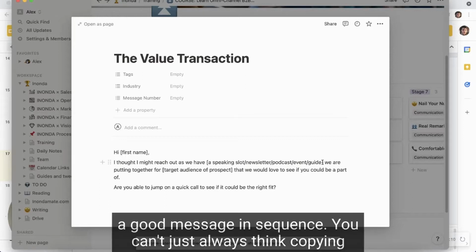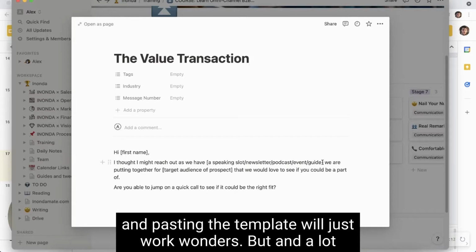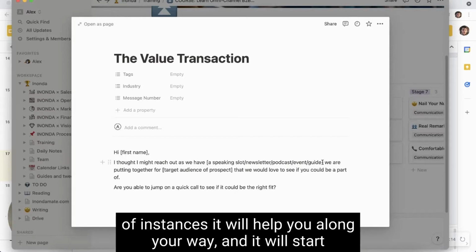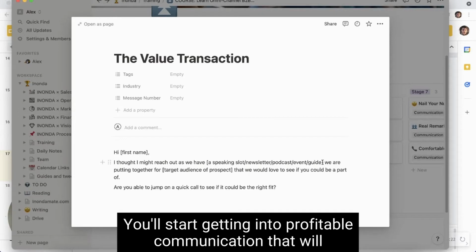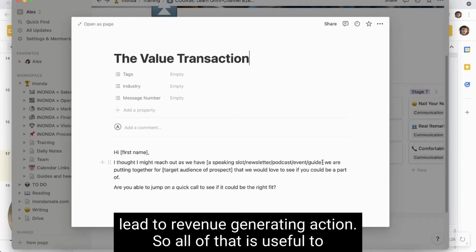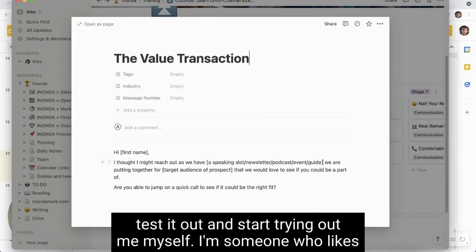You can't just always think copying and pasting a template will work wonders. But in a lot of instances, it will help you along your way, and it will start getting you in the right conversations. And with those right conversations, you'll start getting into profitable communication that will lead to revenue generating action. So it is useful to test it out and start trialing it.